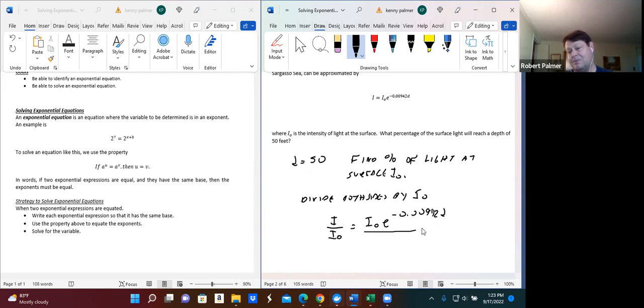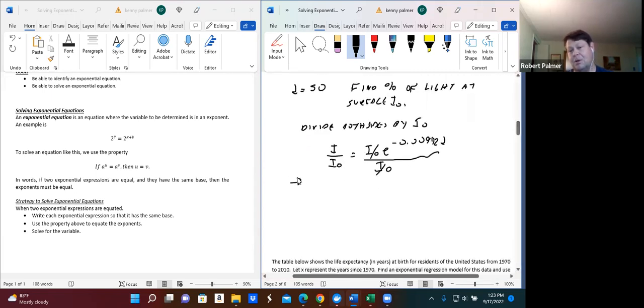Okay, divide this by I0. Of course, over here, the I0s cancel out. What we have left then is just I over I0 is equal to just this exponential, e to the negative 0.00942 d. Okay, and this I over I0 is the fraction